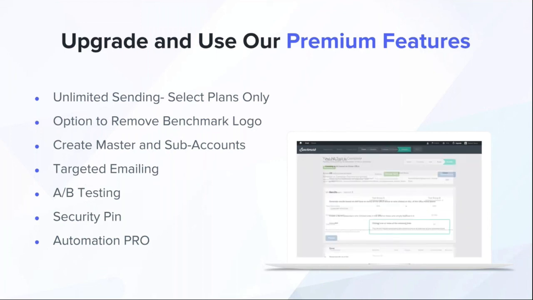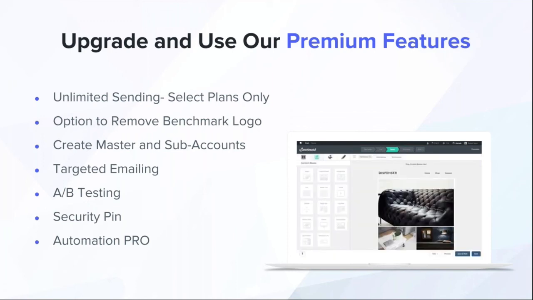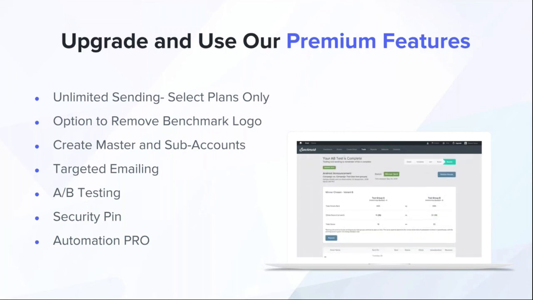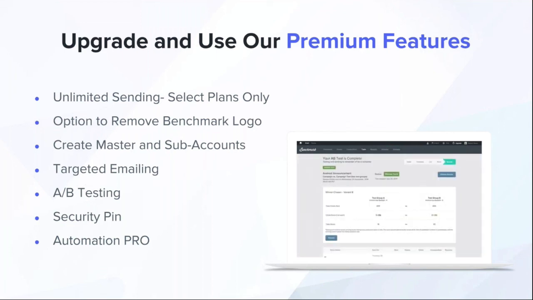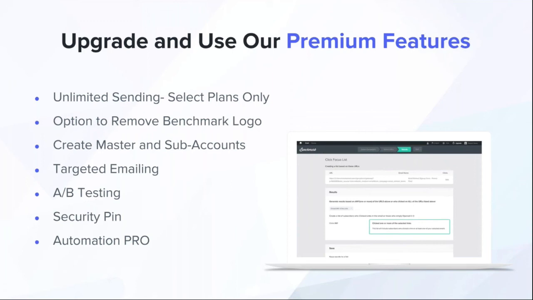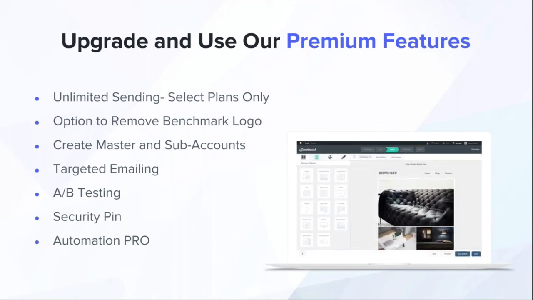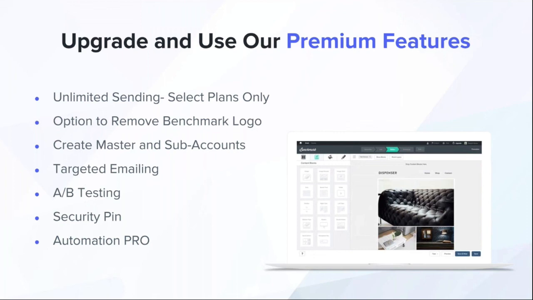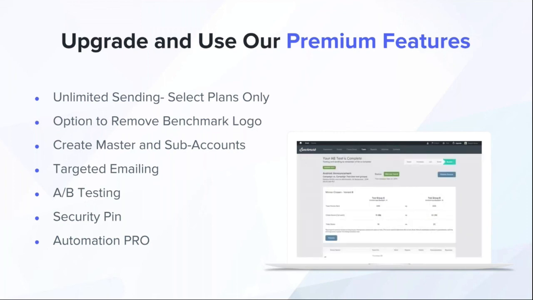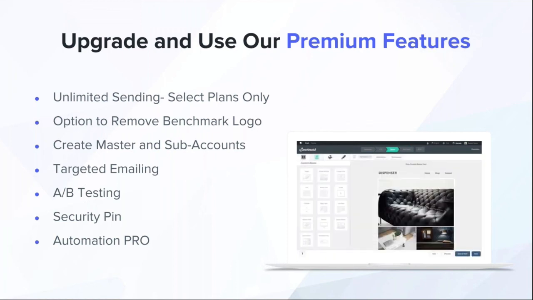Targeted emailing was one of those features that we talked a lot about today, and A/B testing. Those are two features that are only included within our Pro plan, so do be aware of that. We did cover a couple of those topics today. Automations are definitely an end goal where I see every marketer eventually being. In the beginning, automations might not be something that you want to take advantage of quite yet, because you do need to know a little bit more about your proven process. You need to understand what your key KPIs are first before trying to capitalize on those.